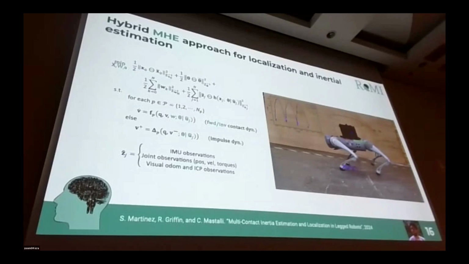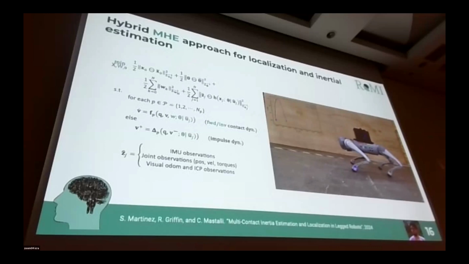So now I'm going to go through this object-aware thing that I was talking about. You can see here that when we are able to identify this motion, the weight of the object, we can actually achieve the task that we weren't able to do before. How do we do this? Well, we can do this with the formulation of moving horizon estimation, or hybrid moving horizon